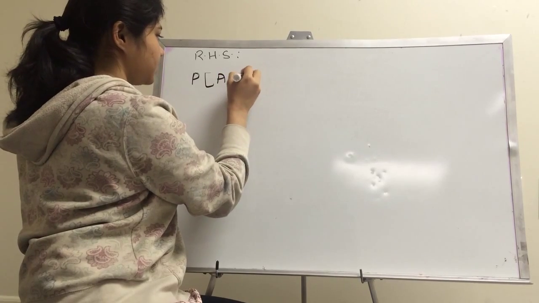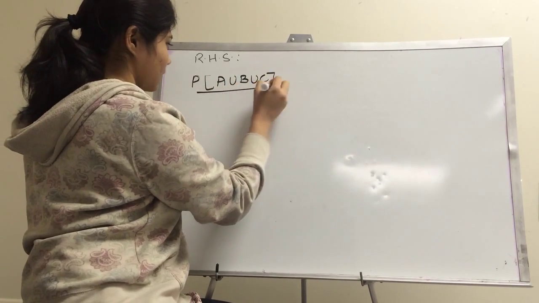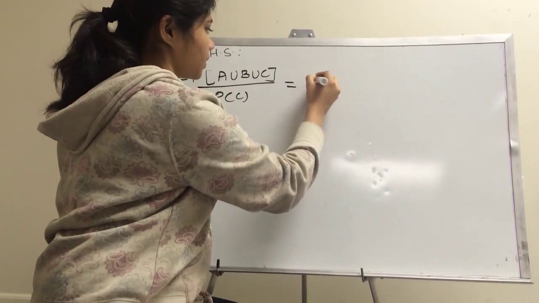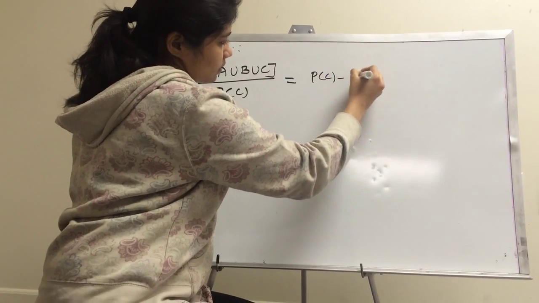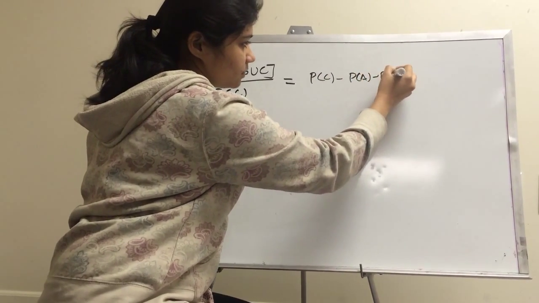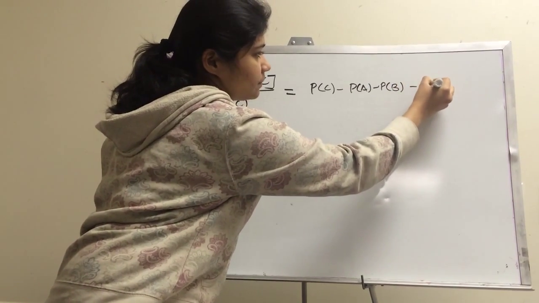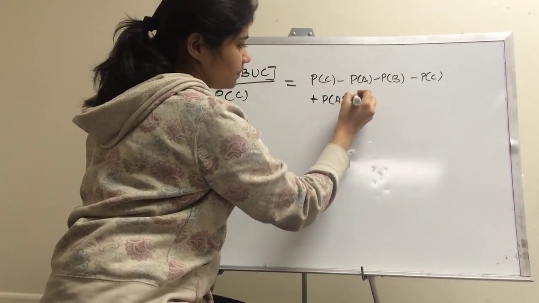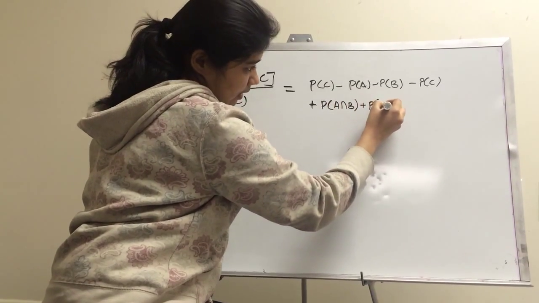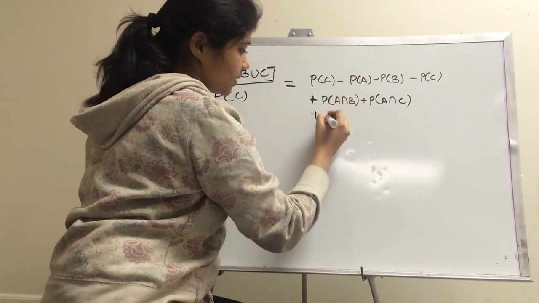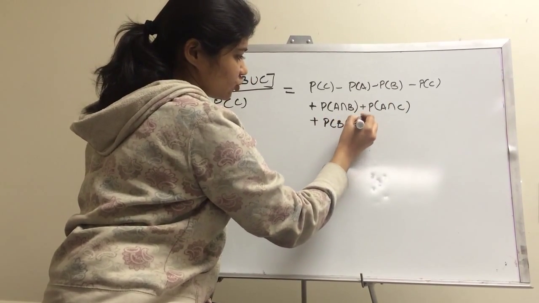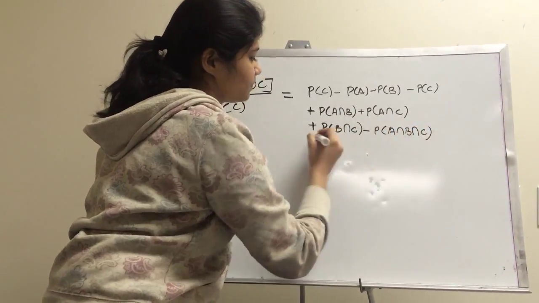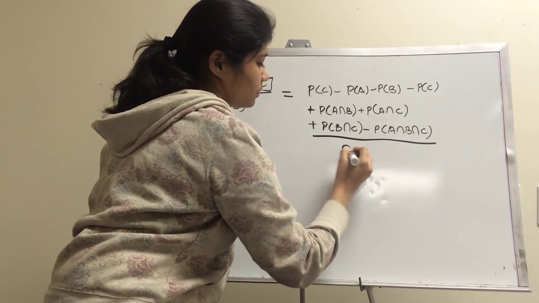Probability of A union B union C upon probability of C, that is 1 minus, is equal to P of C minus P of A minus P of B minus P of C plus P of A intersection B plus P of A intersection C plus P of B intersection C minus P of A intersection B intersection C, whole upon P of C,